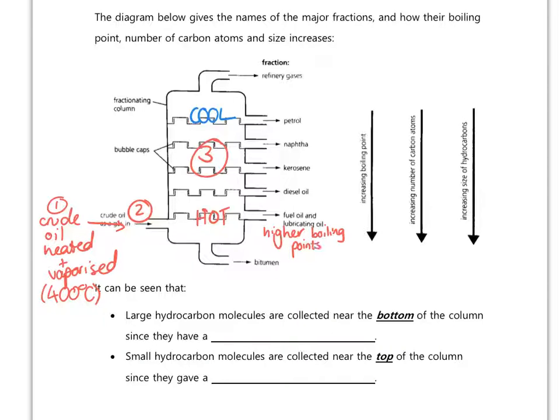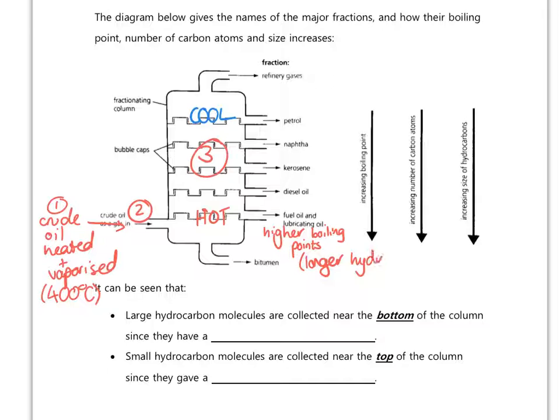Because what we mean by that is, say for example they had a boiling point of 350 degrees C. That means if we were heating it up, it would boil at 350 degrees, it would change into a gas at that temperature. But if we were cooling it back down, once it gets to 350 degrees C, it's going to turn back into a liquid and it's going to then separate off. So those are your higher boiling points, and these are your longer hydrocarbon chains.